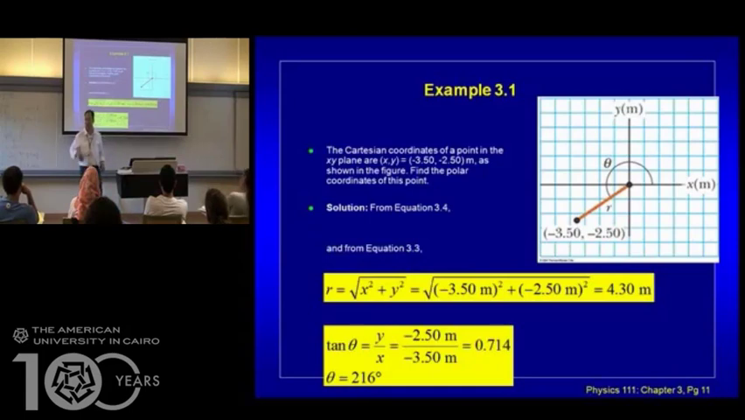If you have a calculator, find the inverse tan of 0.714. Inverse tan of 0.714 equals